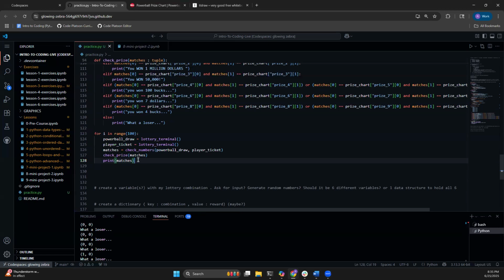Which ones? So create a variable for your matches. So create a new Powerball draw and a new player ticket with 3 or 4 matching white balls and a matching Powerball. And then go ahead and pass those in for matches. Yeah, so that's a good call. Let's try that out. Let's remove